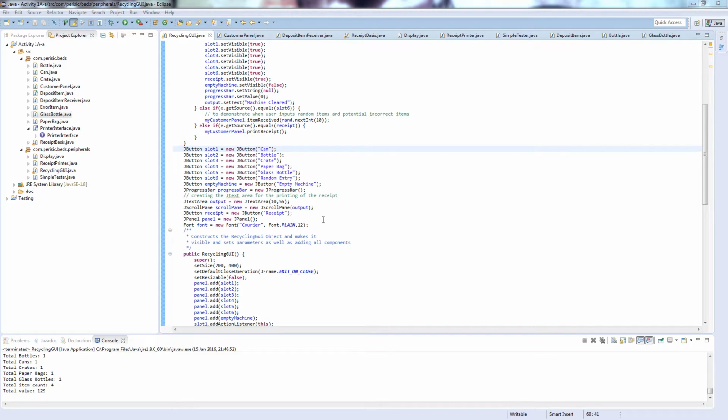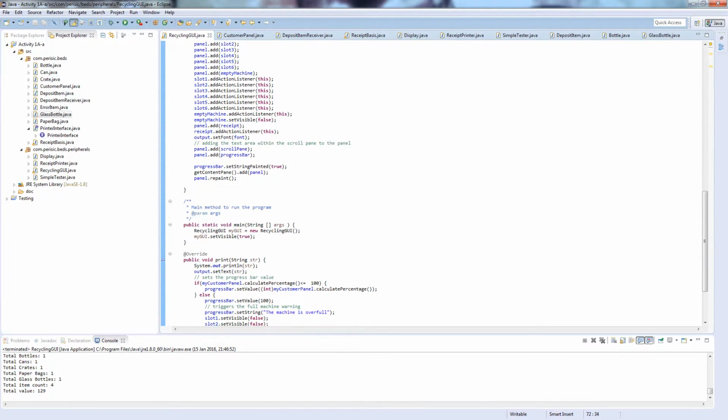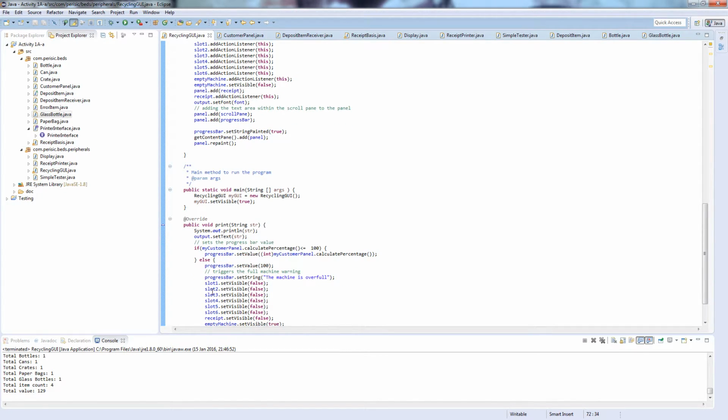The next method is the main method of the application, which just instantiates the recycling GUI class and sets the GUI to be visible. The final method of this class is the print method,